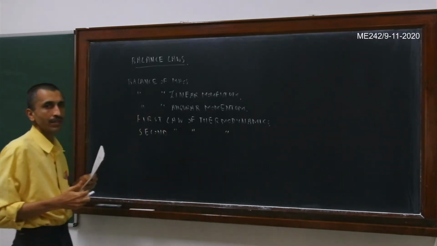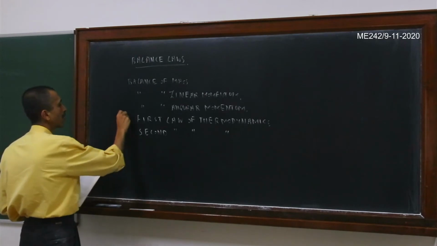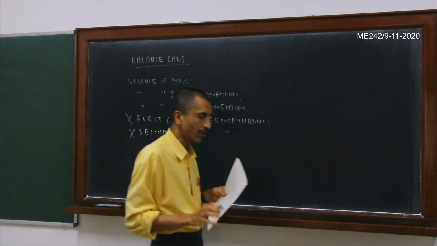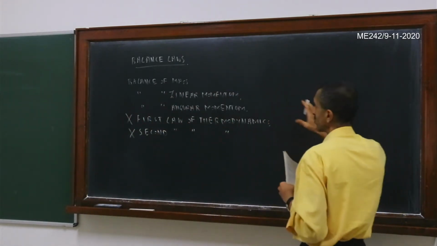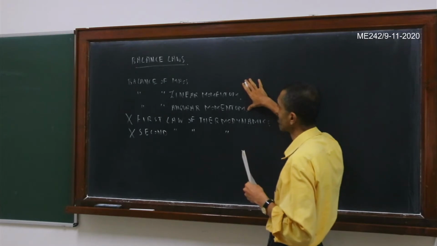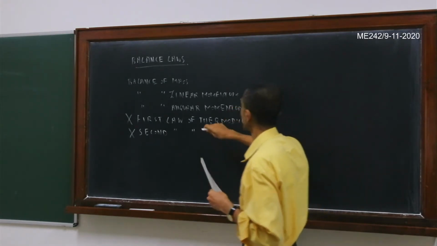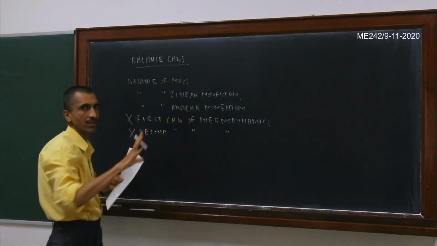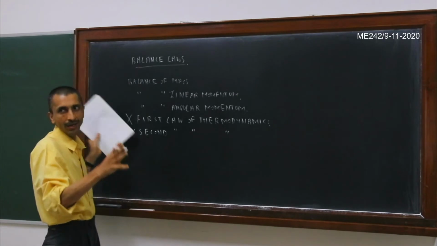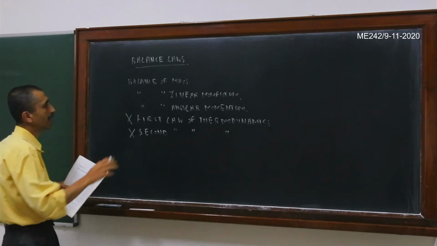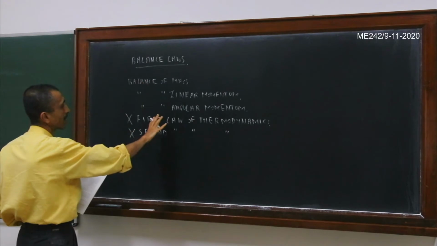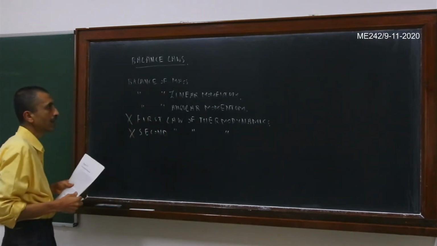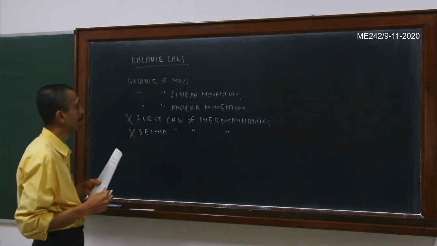Okay, so as far as this course is concerned, actually we will not cover first law of thermodynamics and second law of thermodynamics. So we will be dealing almost exclusively with the first 3 balance laws, that is the balance of mass, balance of linear momentum, and balance of angular momentum. Okay, so here it should be angular. I'm sorry, it should be angular. Yeah. So we'll deal only exclusively because this is a beginning level class. So because this is a beginning level class, hence we will not consider the first law of thermodynamics and the second law of thermodynamics. We will restrict ourselves only to these 3 principles here: balance of mass, linear momentum, and angular momentum.